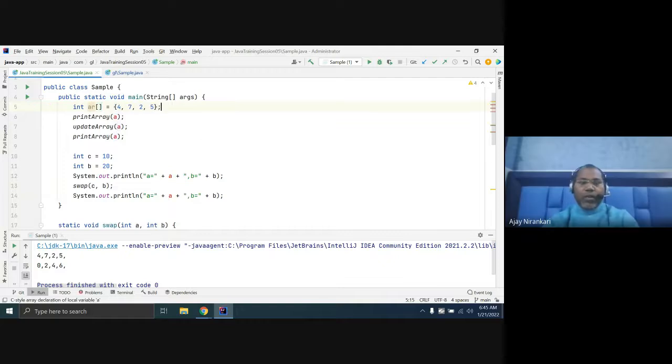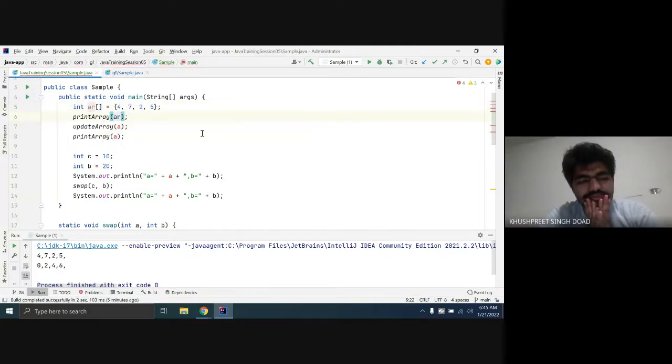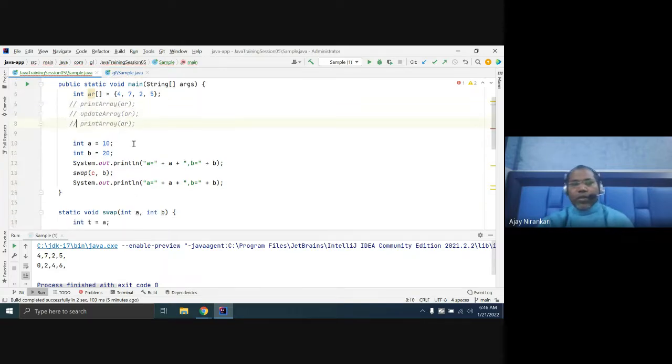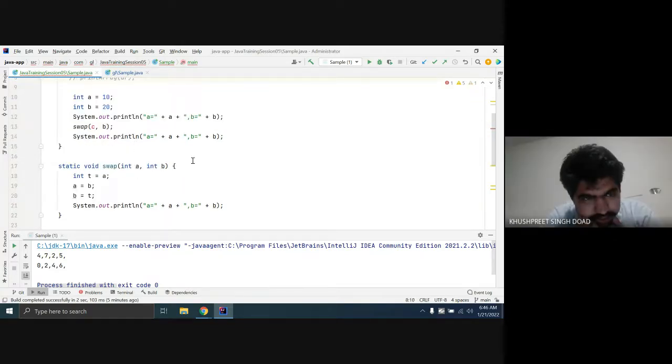It was the array, so that was a confusion actually. It didn't have a name, right? So here just give it a. Clear? Here we have two variables a and b. You are just printing, and for the time being I commented this code. So write swap a comma b in line 13.